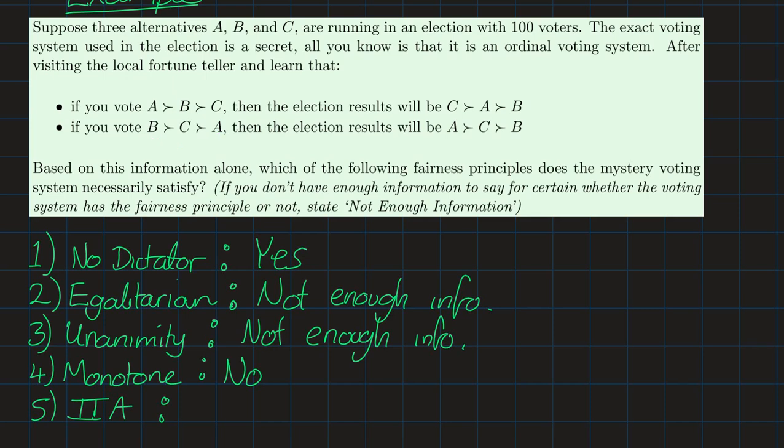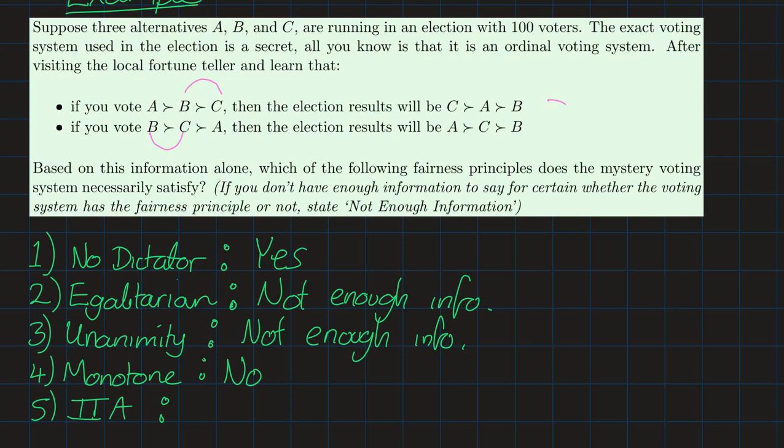What about A and C? Originally you think A is better than C, and then you think C is better than A. So you can't use A and C to test whether this satisfies IIA either. You need it to be consistent, like in both cases you would think A is better than C. Finally, let's think about B and C. Originally you think B is better than C, and in the second scenario you still think B is better than C. So we can use B and C to test.